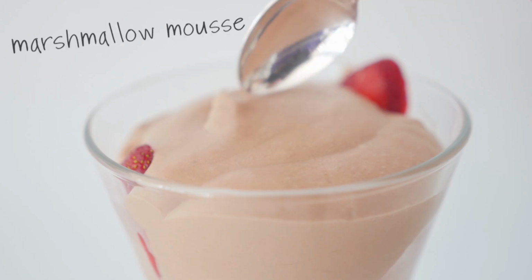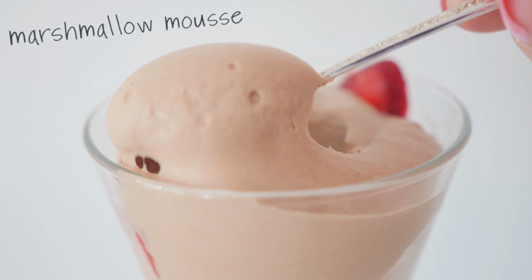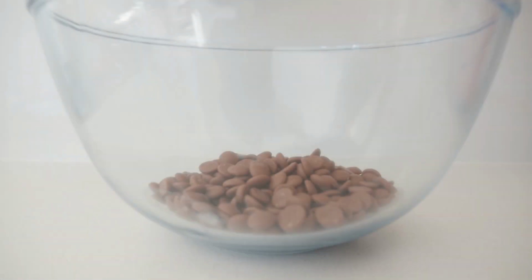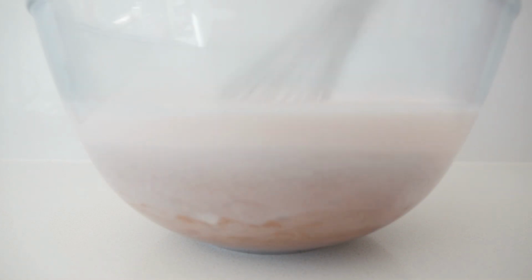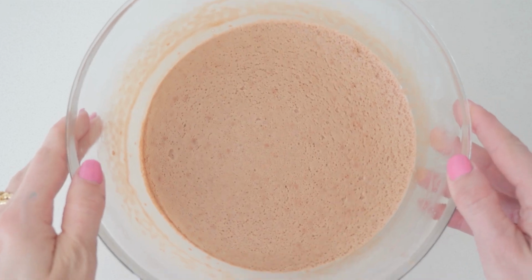Number 9 is Marshmallow Mousse. For this one, follow the steps we did for number 8, but instead of churning it, while it's hot, pour it over some chocolate and whisk them together. Place that in the fridge to chill, and once it's thick but still a bit wobbly in the middle,